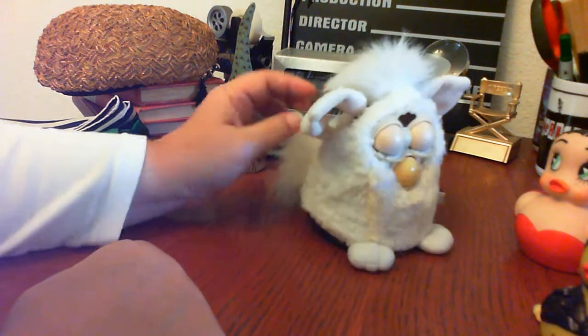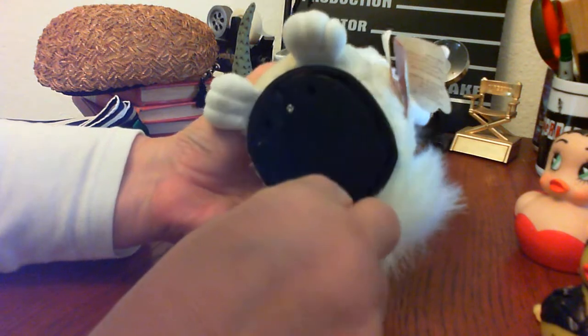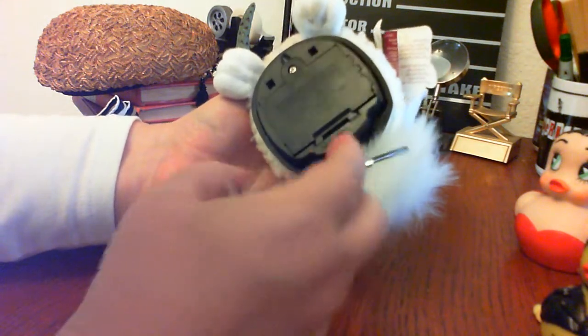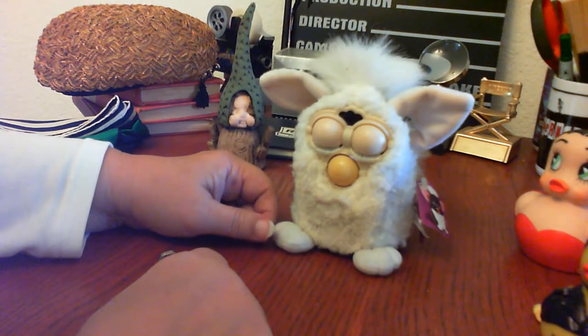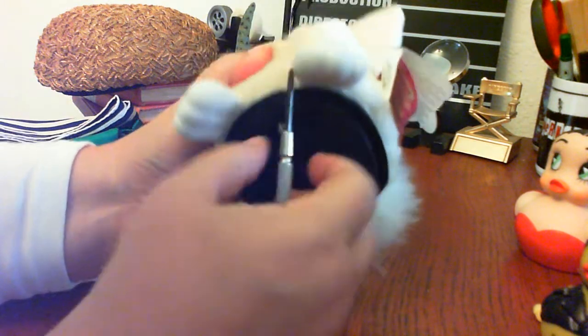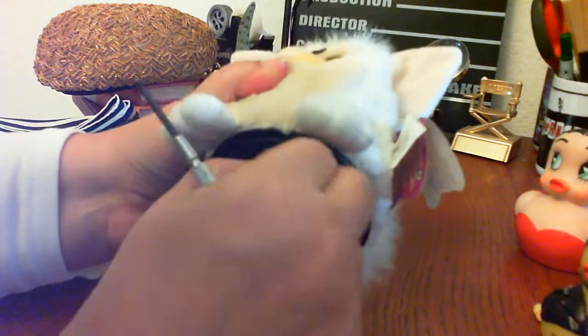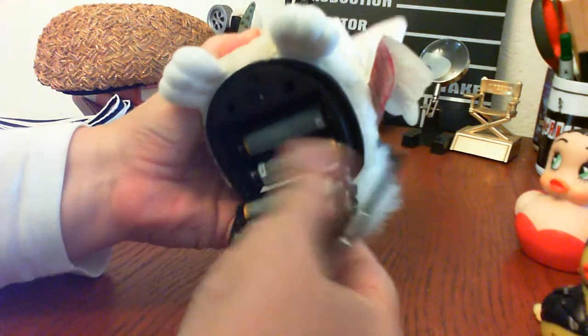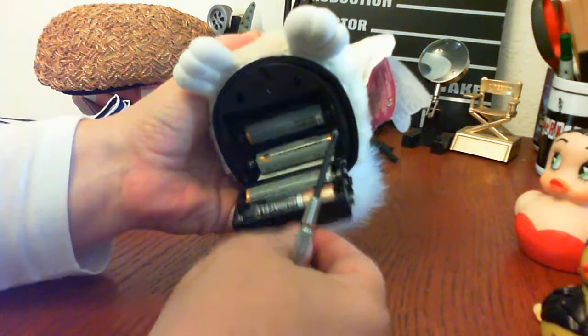He's fun. He's white and fuzzy. And literally, could his batteries have run out? What is going on? He was absolutely working. Well, I was going to sort of surprise you with my talking Furby, but I wonder if the batteries ran out, because these are new. Well, I say they're new batteries. They are new-ish batteries. I put new batteries in, but